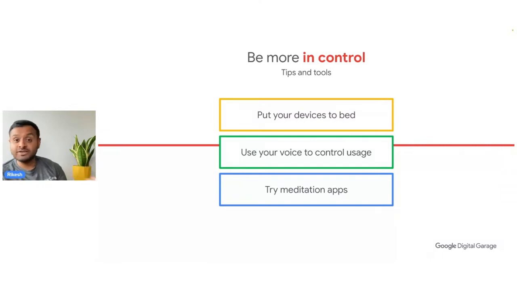Think about using meditation apps as well. There's a lot of meditation apps out there. You've also got a Google Chrome extension that you can check out, called Mindful Break, which is really useful. Whilst you're online, using something like Google Chrome, you can take one of those mindful breaks and focus on a little bit of breath work, just to center you and think, rather than continuing on using all this technology in the day, let me take a step back and a bit of a breather.